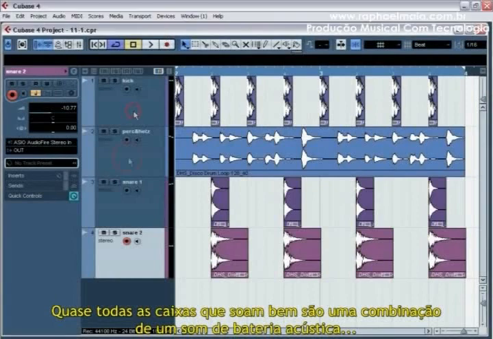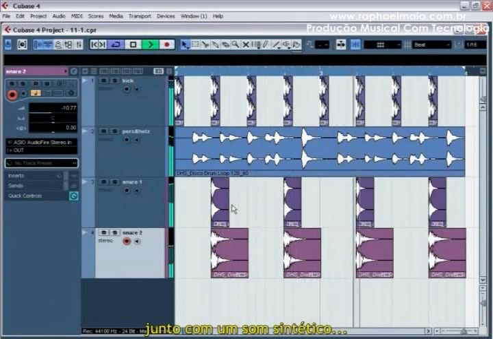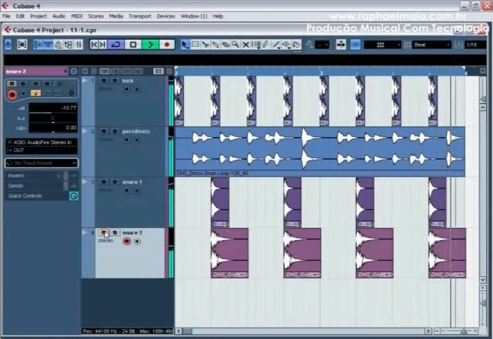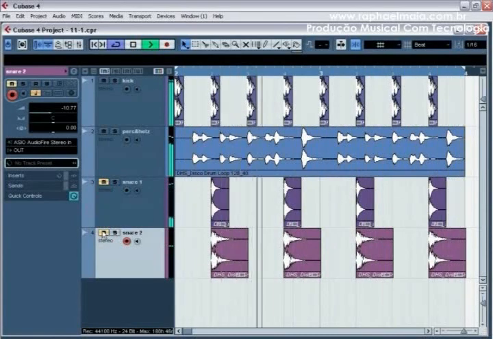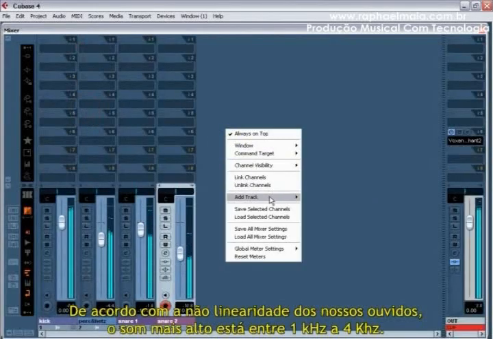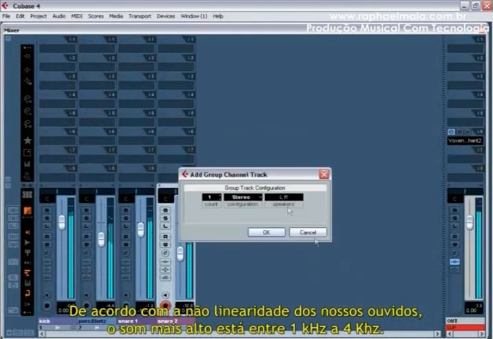Snare drum. Almost all well-sounding snares are a combination of live drum sounds and synthetic sounds, or several correctly equalized sounds of a live drum kit. Due to the non-linearity of the ears, the loudest sound is from 1 kHz to 4 kHz.